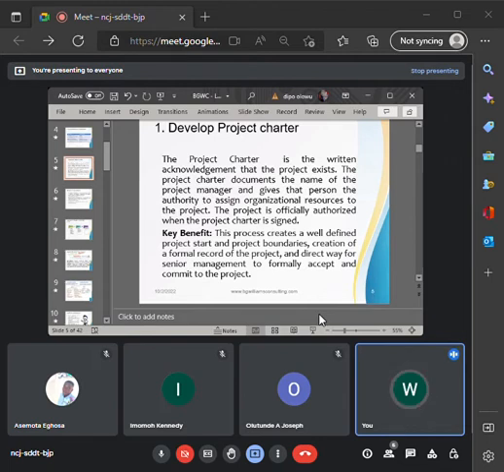Now, the question is who can create the project charter? Take note. Technically, or most often, it is the responsibility of the company giving you a project to write out all the things they want you to do and tell you the amount. You negotiate the amount and the time for you to deliver and all the necessary things that need to be there, and you sign, and you go and execute with the money the person has given.